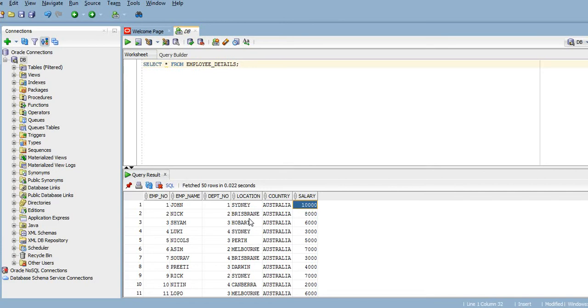Over here we need to know how to use the aggregate function. We are starting from sum, as I have mentioned. If I want to calculate the sum of the salary of all the employees who are working in the company, then what do I have to do? I have to sum up the salary of all the employees. How to write the query? Let me write it and show you.